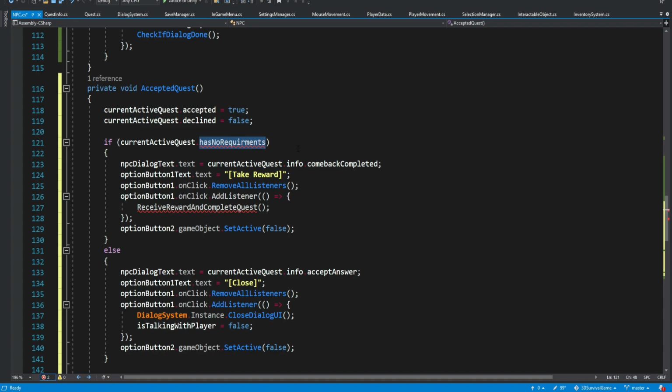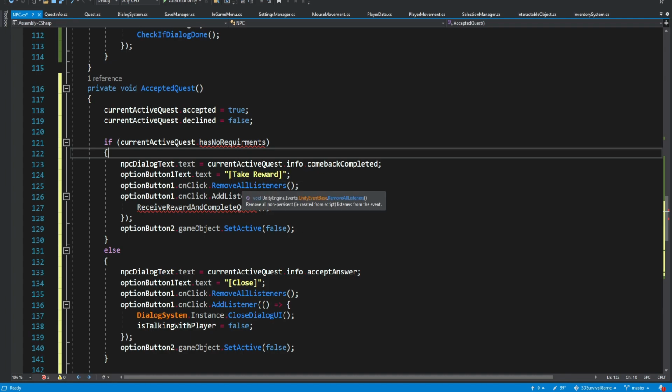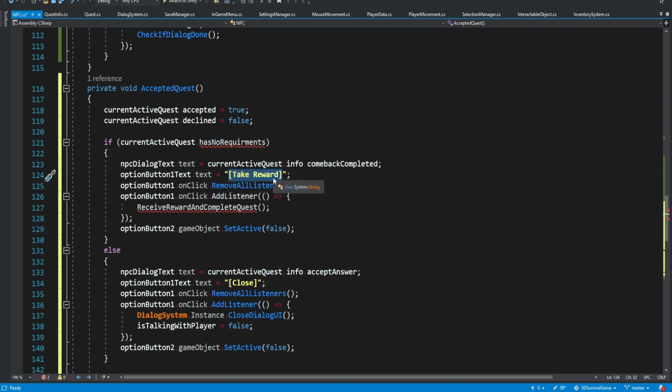So we also want to have this option. So we want to check if this quest even has requirements. If it doesn't have requirements, then we're going to get the reward right away. So we're going to set this comeback completed text into the text. We're going to set this option on the button take reward, and then we're going to run this method receive